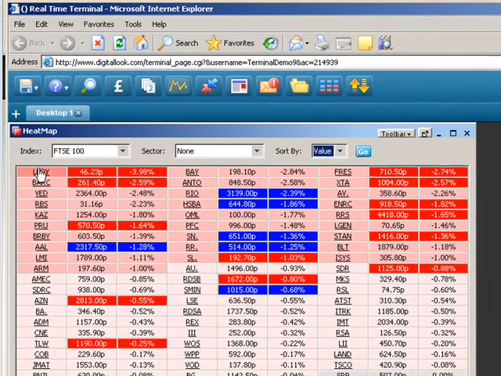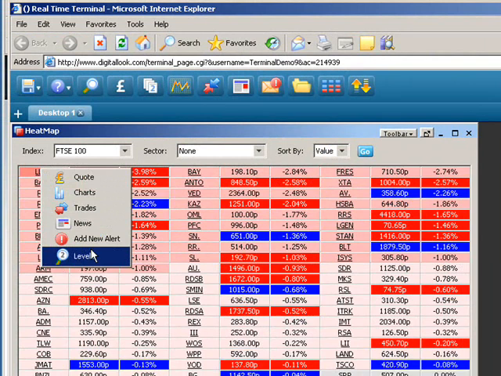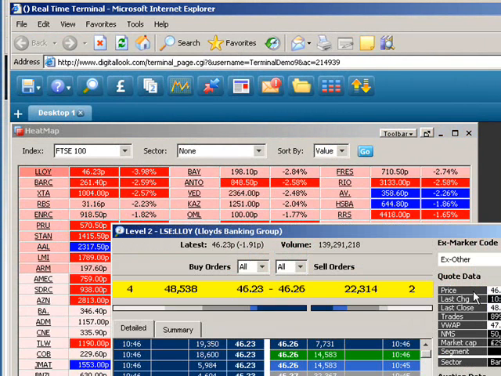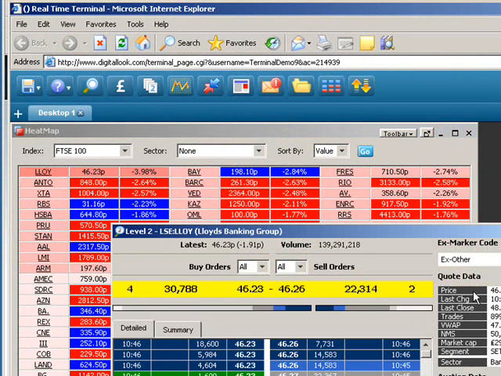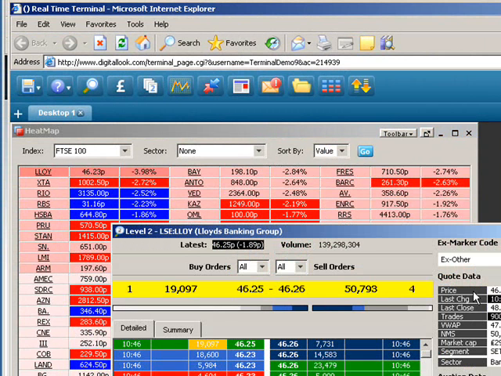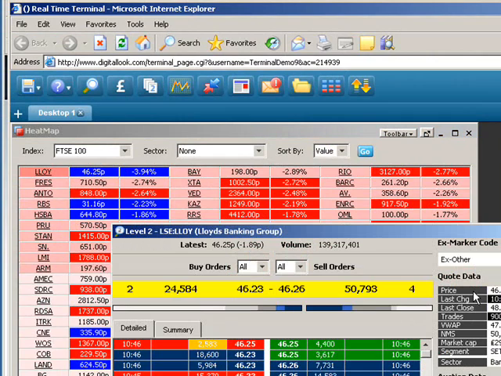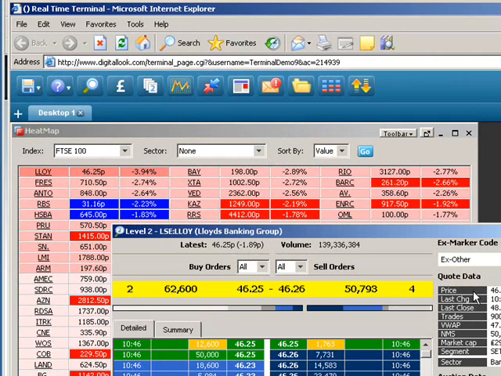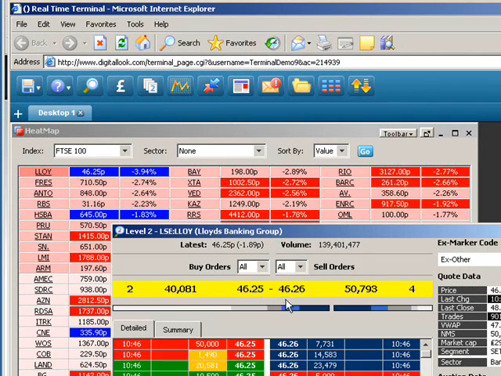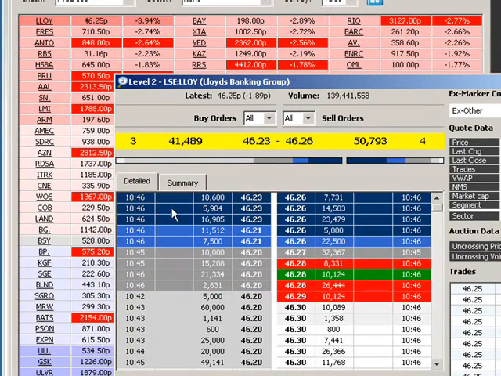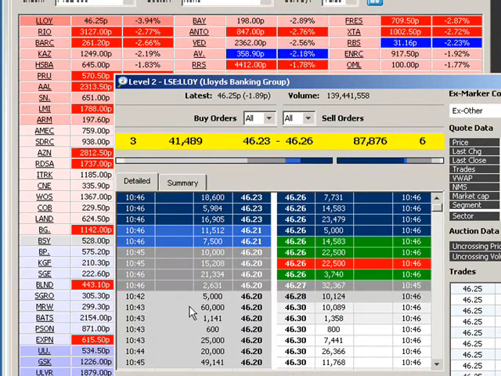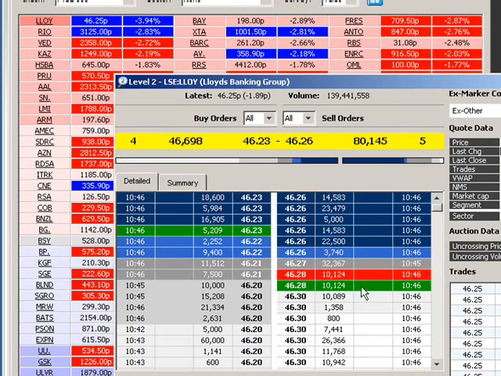And we also have level 2. Now level 2 is something that we get asked about an awful lot. I'm just going to briefly touch upon it, but I'm not going to go into it in too much detail because that's for another video. So the yellow strip price is the latest best bid offer price. So it's 46.25, 46.26. You've got the latest list of buy orders on the left hand side here, the latest list of sell orders